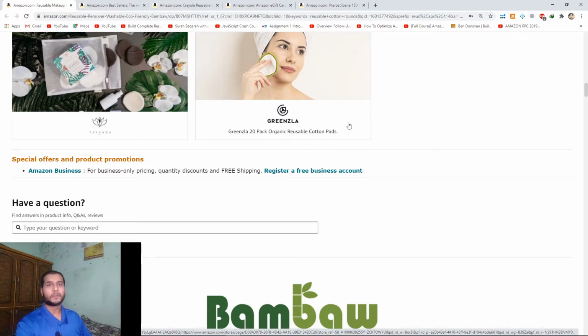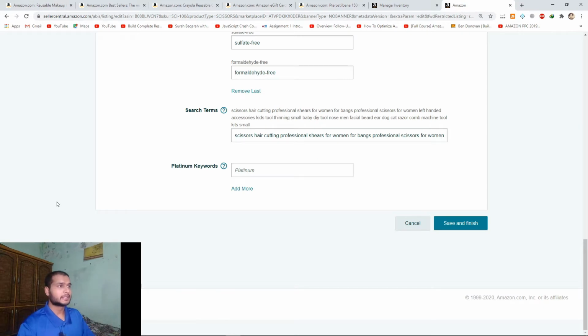Now let's see what the back end is. These are the search terms systems, which are known as backend systems, where we put keywords, long tail keywords, or relevant high search volume keywords that we cannot use in the front end.